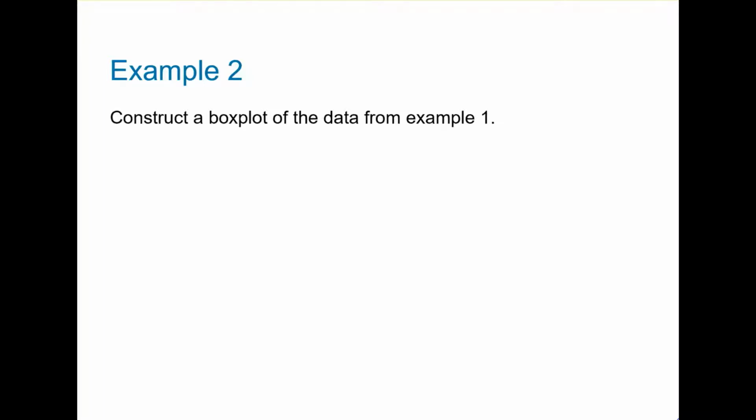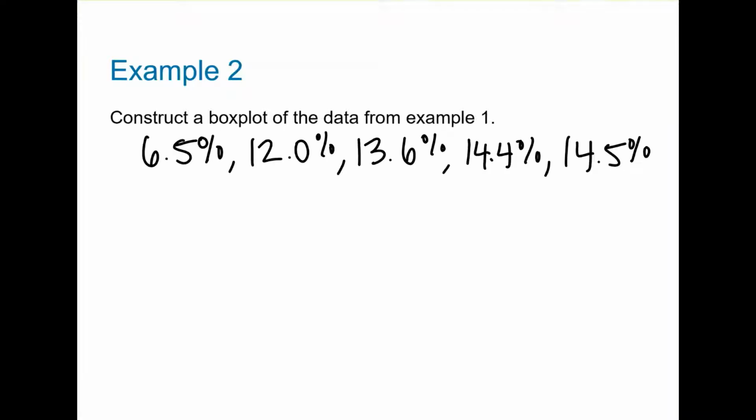Construct a box plot of the data from example 1. Let's recall the 5-number summary from example 1. In order to construct a box plot, we need to determine outliers. We determine outliers by computing the lower fence and the upper fence. Any data value below the lower fence is an outlier, and any data value above the upper fence is an